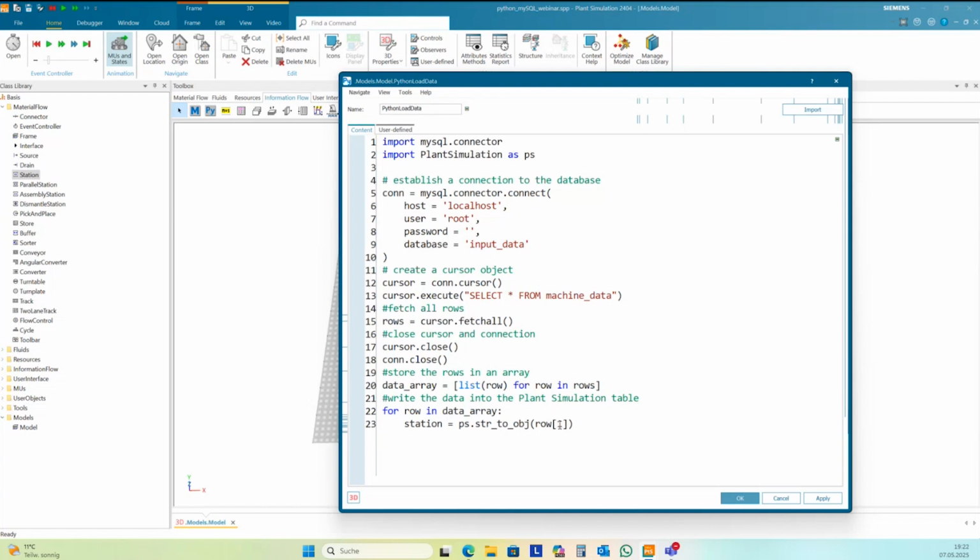The first index is 0. In the 0, it's the ID of this data set. And so row 1 is the second row. And then I want to write it.